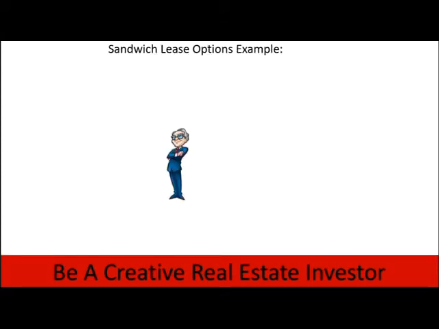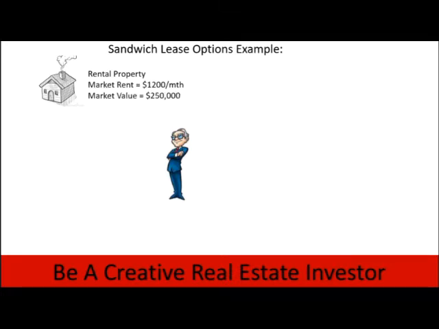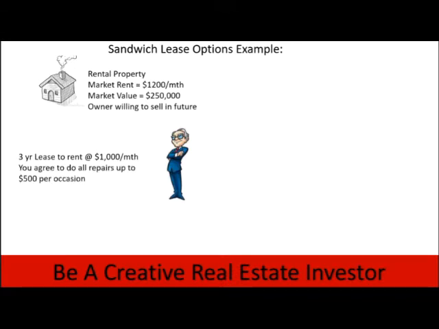So here you are about to do a sandwich lease option. The first thing you do is you identify a rental property of interest to you. You realize that the market rent is $1,200 per month. The current market value for this house is $250,000. And the owner is willing to sell in the future. So what you do is you enter into a 3-year lease agreement at a discounted rent of $1,000, or as much as you can, $1,000 for this example, and you agree to do all of the repairs up to a